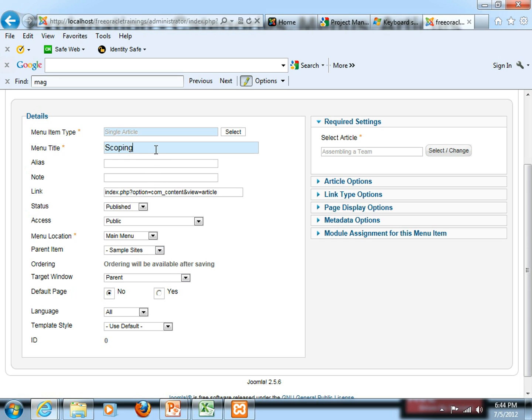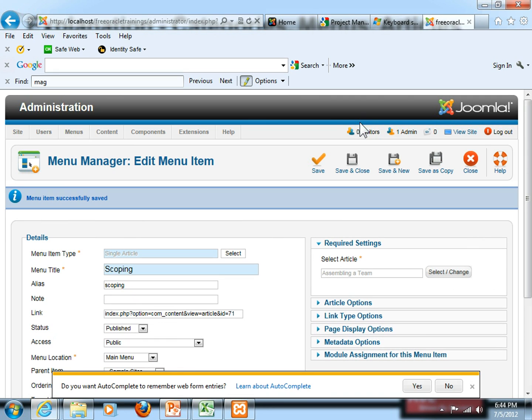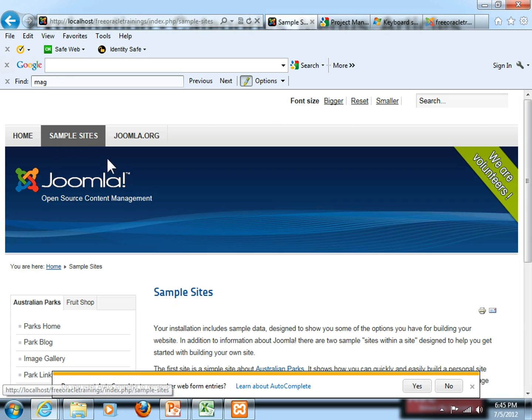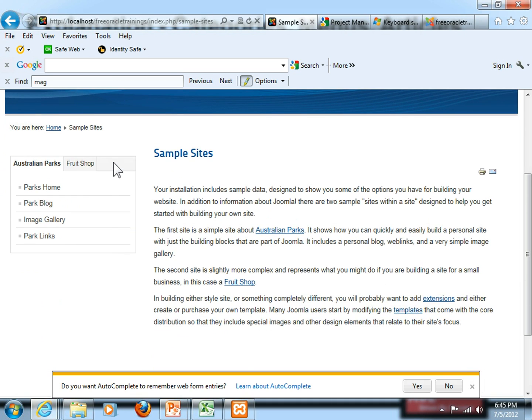So in sample sites I say scoping, and then I save this. When I save this, this menu item is now saved. So let's go back to our Joomla website, simply refresh it, I click on sample sites, and then here you can see